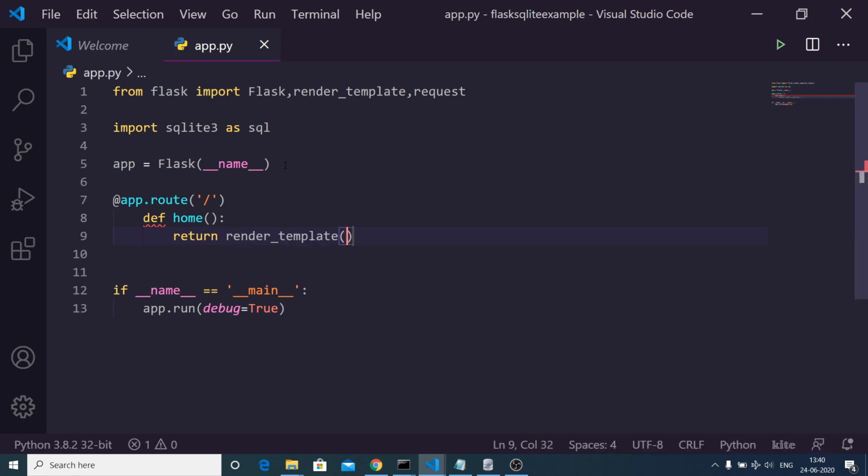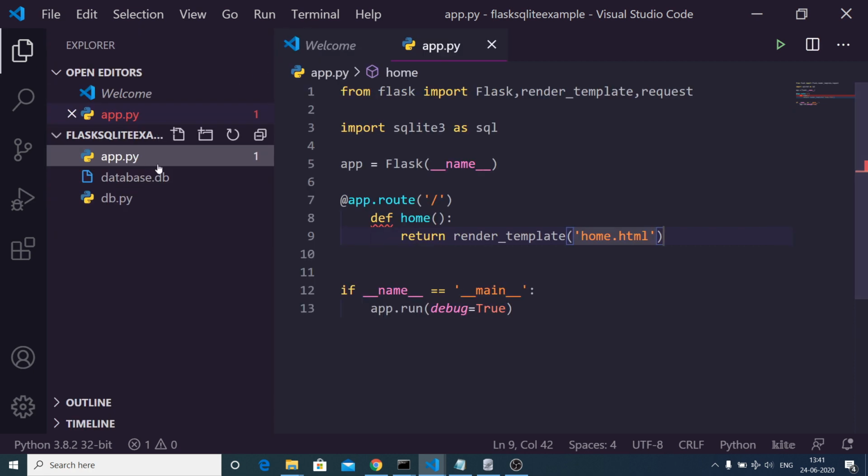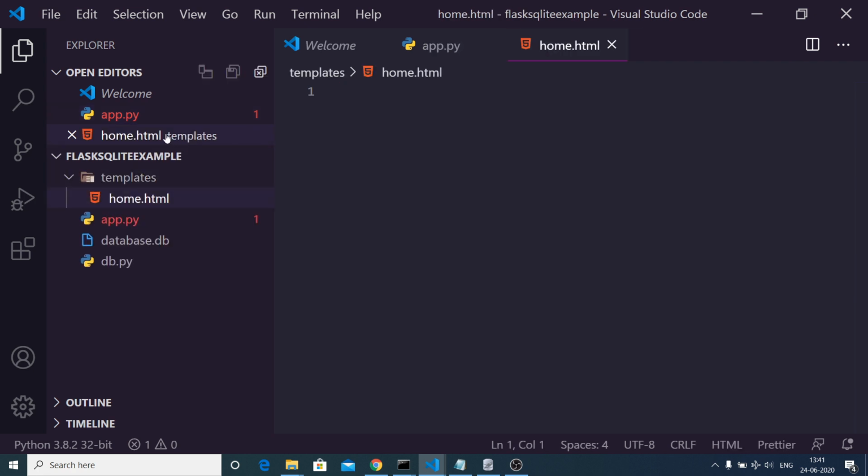We can use the render_template method, and we can serve home.html. Basically we need to create this home.html file. As you know, by default in Flask we need to create a templates folder for our templates. So just create a templates folder, and inside this you need to create a home.html file.